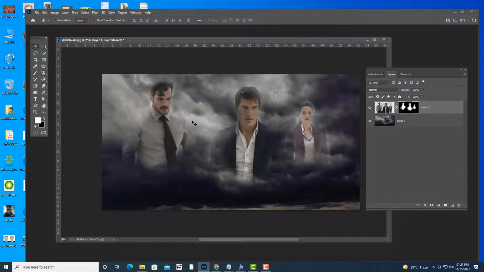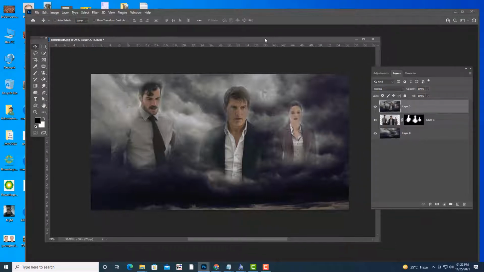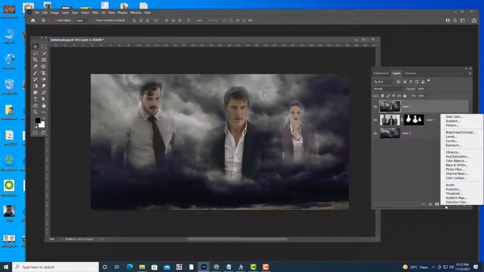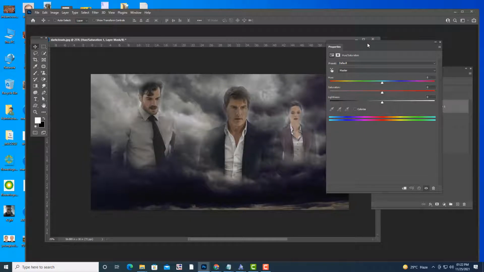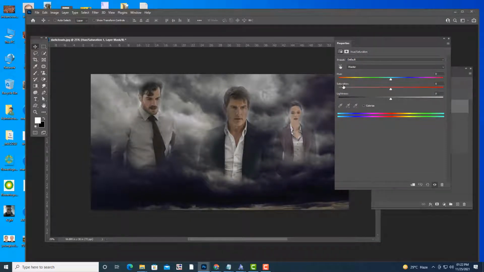Okay. So the next thing is we'll take a common layer. Control Alt Shift and A. So now what you'll do is, see, I am going to first remove the color. So how can we remove the color? Let us apply hue saturation. See, I am applying hue saturation from layer. Now to remove the color, we have to simply select the saturation.